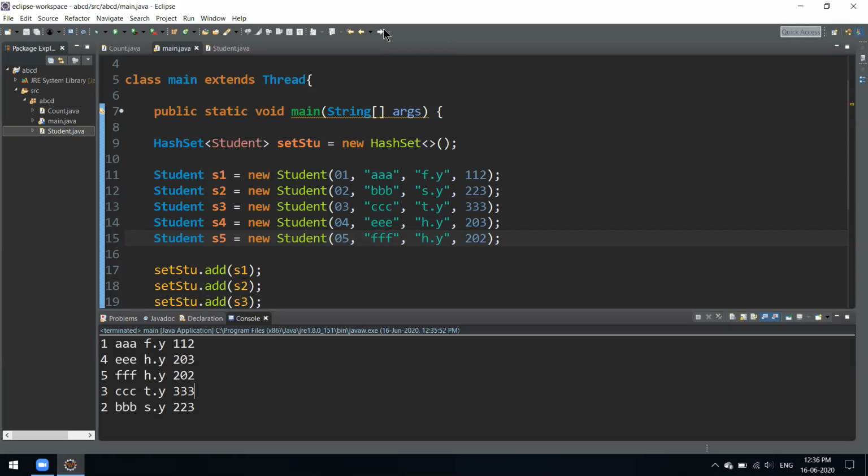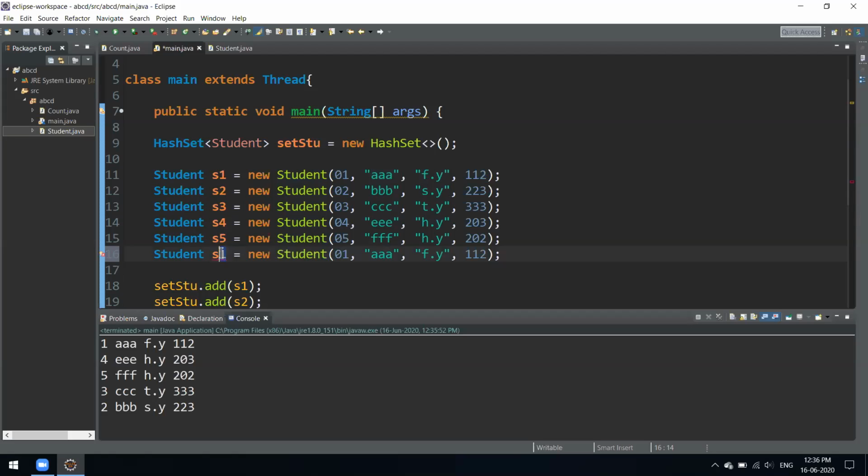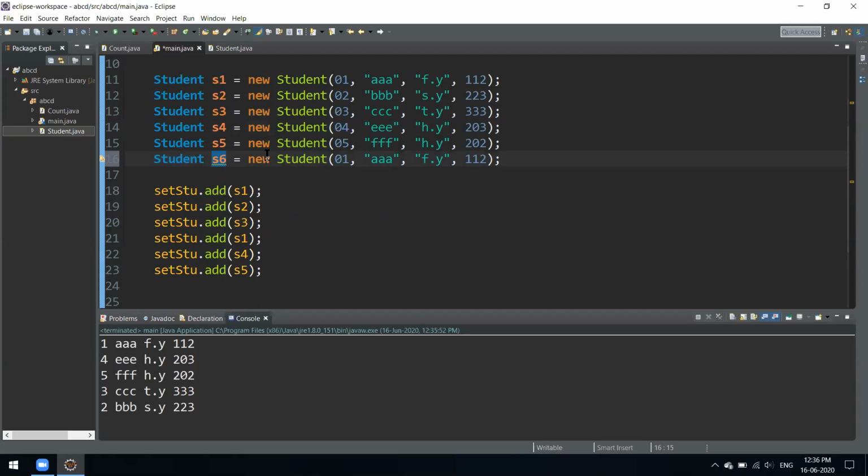Someone is asking, will it accept input with similar values? See, it can accept inputs if we have the same values over here, but the object name should be different. As I told you, what we have here doesn't matter, but this object name matters. So if we have this same entry and we create one more object of that same entry, this would be valid. This would not mess up the code because the object is different. Although the entries we are passing in it are the same, the object is different, so it will accept it. Let's just see it.